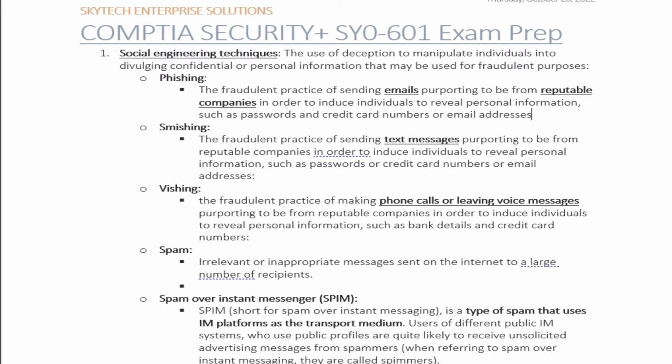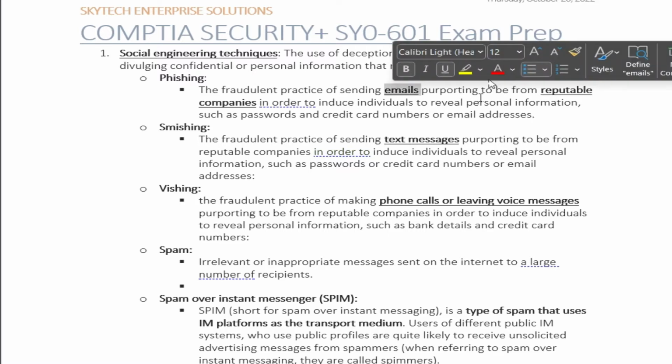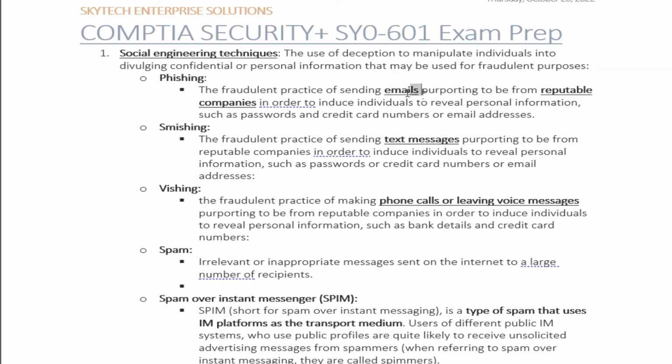Now, smishing sounds like phishing, right? So with phishing, and that's why I've highlighted this word here. With phishing, the bad guys are reaching you using email. With smishing, the bad guys are reaching you through text messages. So you're on your iPhone 6 or iPhone 8 or iPhone 10, whichever version you have, and they send you this text message that says, hey, John Doe, or hey, Jane Doe, you've won an iPhone 14s Plus XXX with